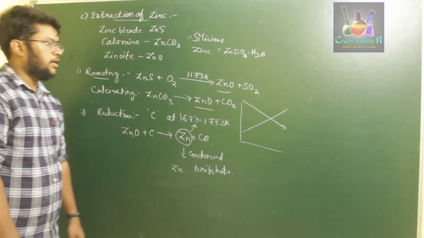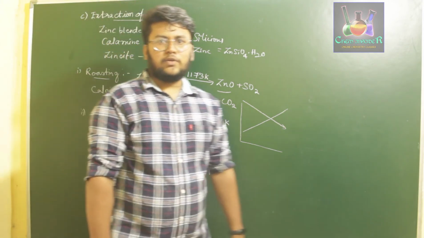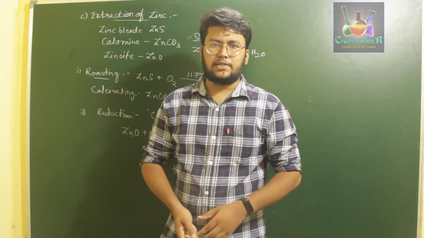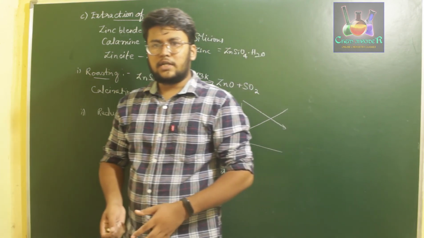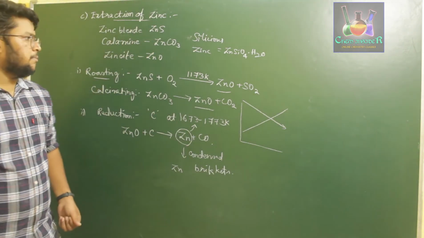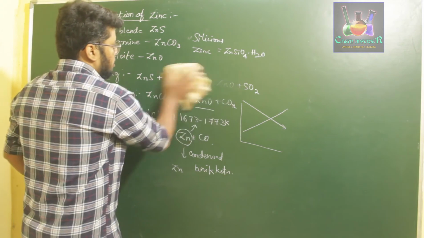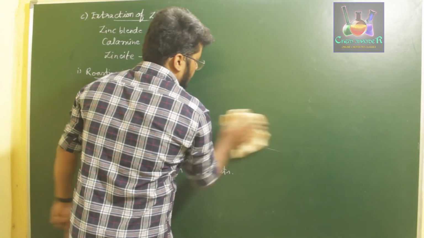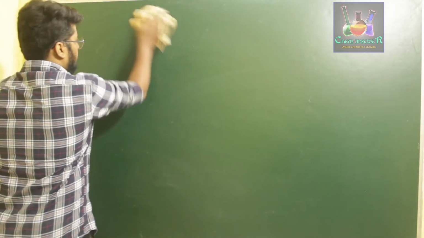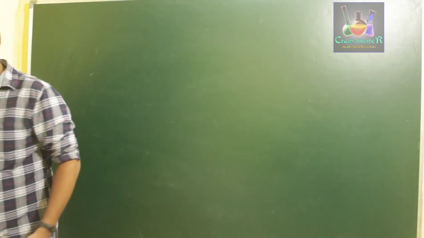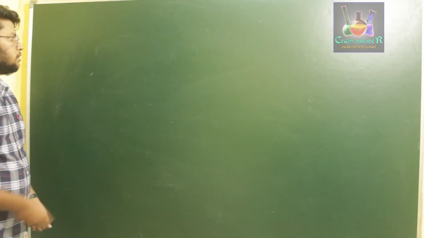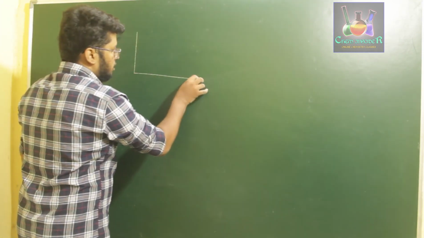So this is about the different types of extraction processes we can use with the help of the Ellingham diagram and by choosing simple reducing agents. Next, we are going to discuss the limitations of the Ellingham diagram. So what are the limitations of the Ellingham diagram? We know that the Ellingham diagram is about the delta G of formation of metal to metal oxide. We have the metal to metal oxide formation curve as a plot of delta G.